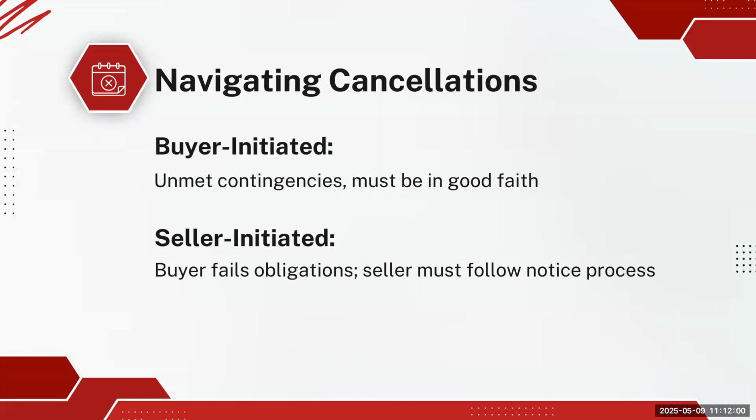Sorry to interrupt, but my question was, how do you notify the other party of the cancellation? How should it be done? Well, there are a couple of ways. You either pick up the phone and call the listing agent and say, hey, by the way, it looks like we're going to be canceling, or email, text message, and say, look, unfortunately the buyer decided to cancel. We're sending you the cancellation of contract or cancellation of escrow. So you're going to put it in writing. You're going to send an email. You're going to call the listing agent and let them know that the buyer has decided to go in a different direction.